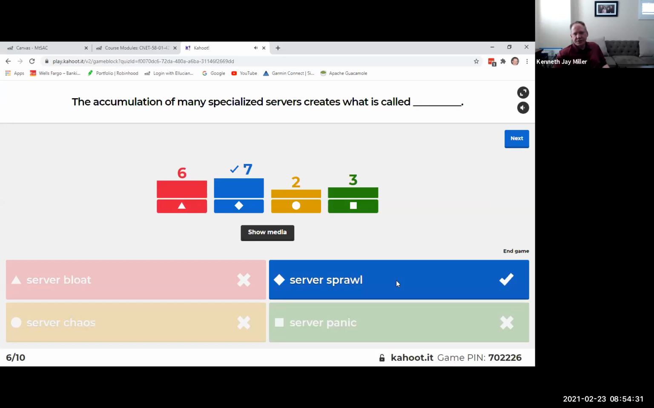The accumulation of many specialized servers creates what is called server bloat, server sprawl, server chaos, or server panic. And that's server sprawl. This is one of the things that can happen with virtualization: it's just so easy to have servers all over the place. Well, let's do a server for our web server. Let's create a new server for file share. Let's create another server for a new DNS server. Let's create another server. And before you know it, you got 500 virtual machines, which is known as server sprawl,